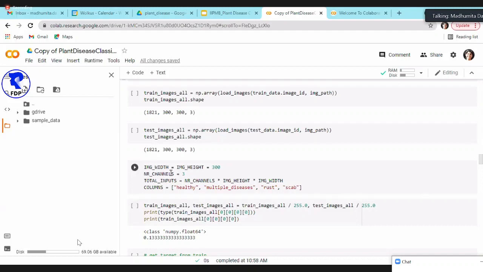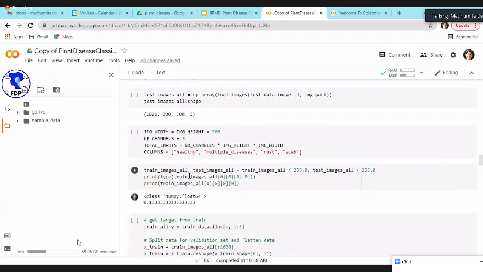The reason in the coding you will see that we use variables instead of absolute numbers is that if I want to do another iteration and change the size of the image, all I will do is change this value here and just run this code. It's much easier to change this value at one place rather than at every other place. So it's a good practice to use a variable instead of the absolute value.